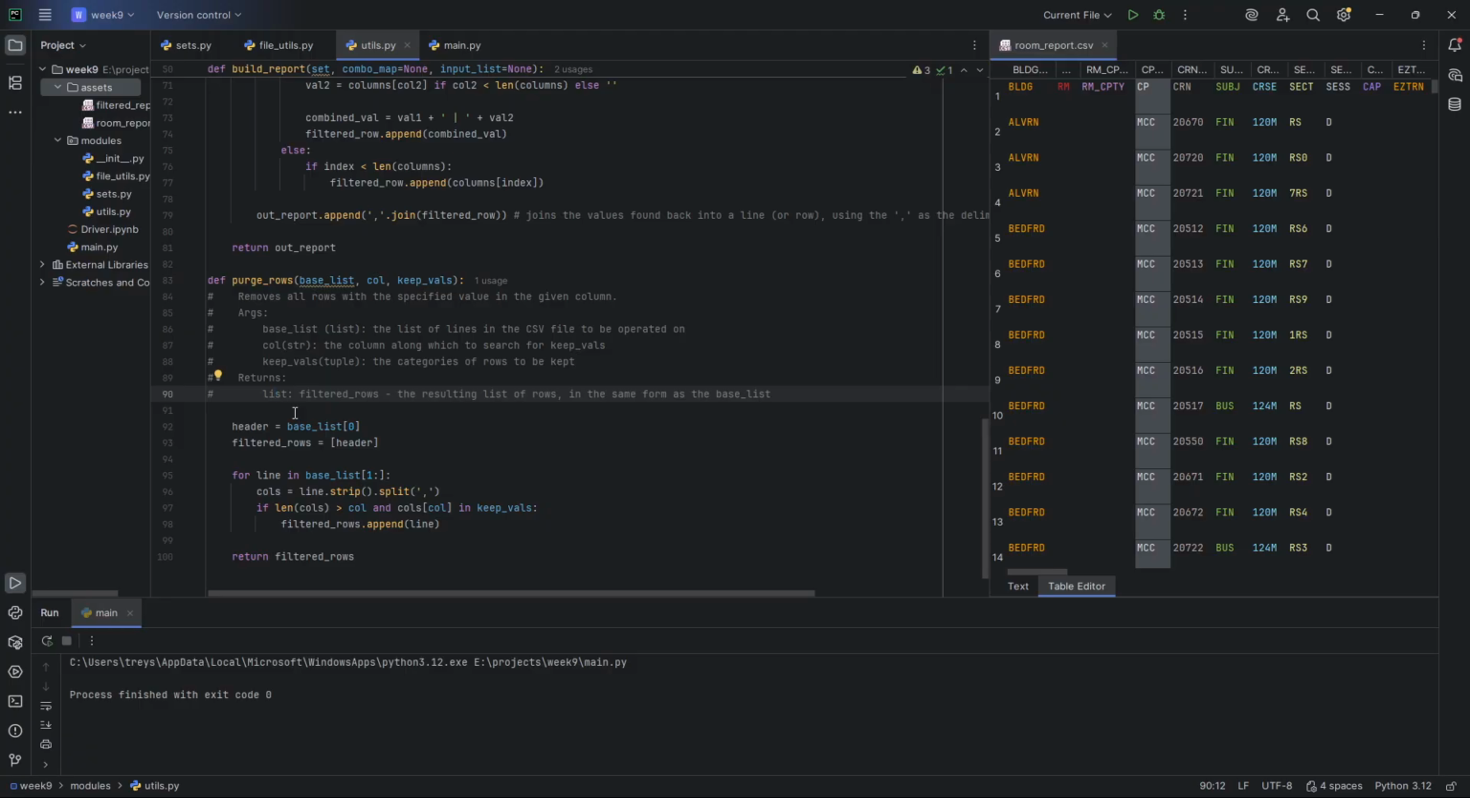So first we just declare the header, because we want to keep the header no matter what. And then we're going to instantiate our filtered rows list, and start it with the header. So we always have the header. We're not getting rid of the header no matter what. Then we're going to go for each line in the list, strip it as we do with CSV files by the column to get the values. And then if